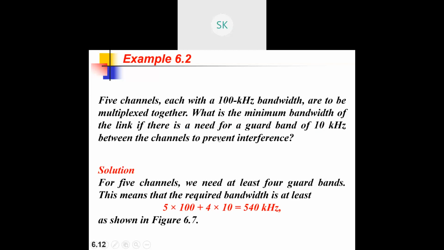Where it has started will be the confusion we'll have, as well as in the transmission medium also. So just to avoid it, we need to have a guard band. But according to this example, this is an ideal example, so you should not have any gap between them. Without that gap, you need to transmit it.